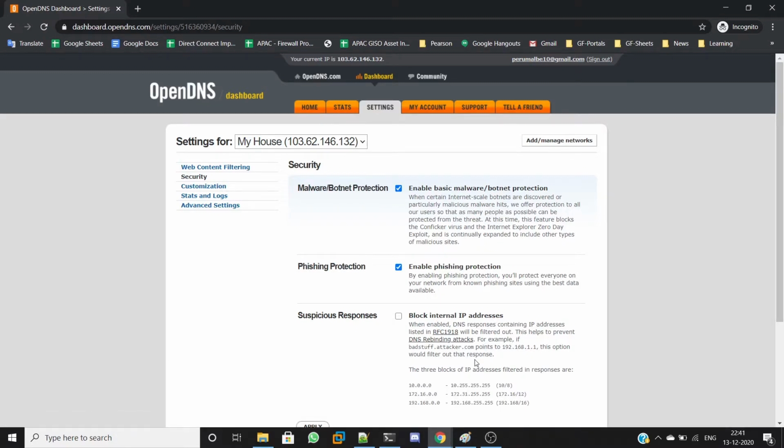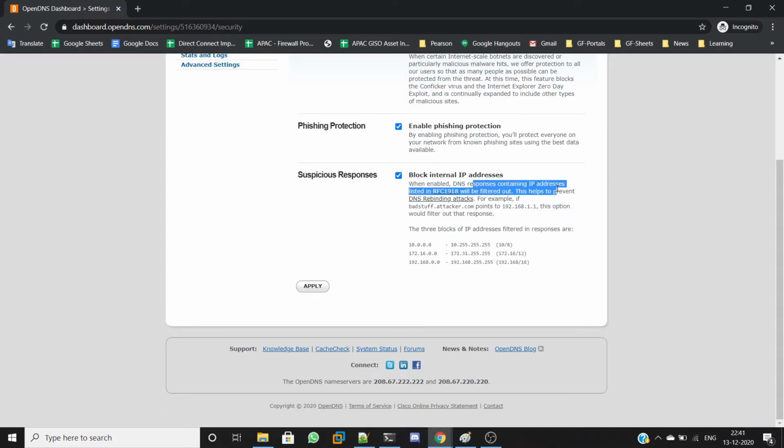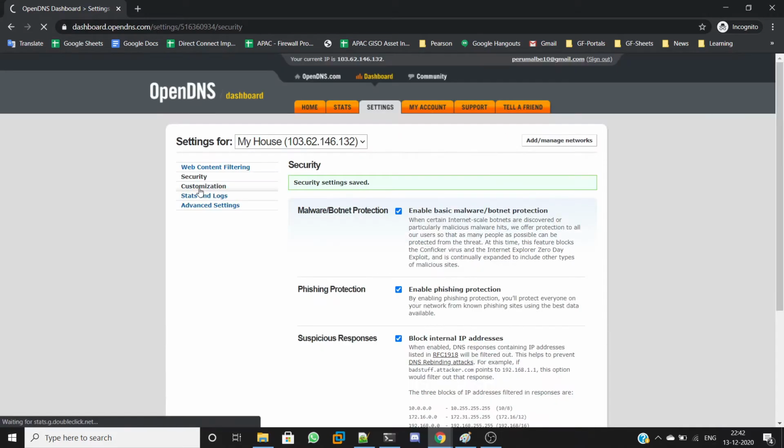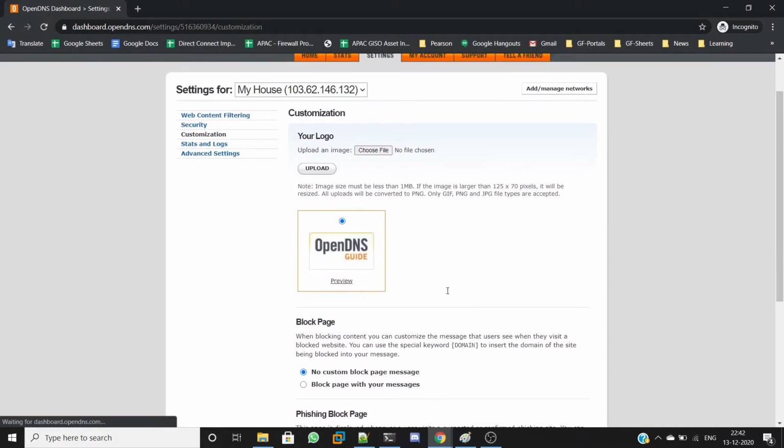Here, malware and botnet protection is additionally offered, and it also enables some phishing protection. DNS responses which contain some private IPs will be blocked if you enable this option. Customization: here you can upload an image.